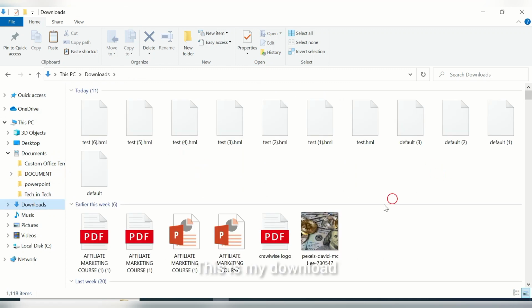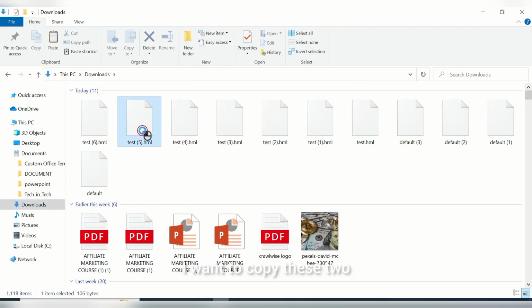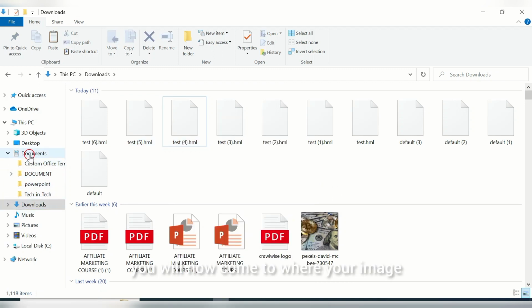This is my download. You can just look for a picture. Maybe you have copied those pictures. You right click it and copy. Let's say for instance, I want to copy this too. You right click. You look at copy. Can you see it? After you have clicked on copy, you will now come to where your image and your